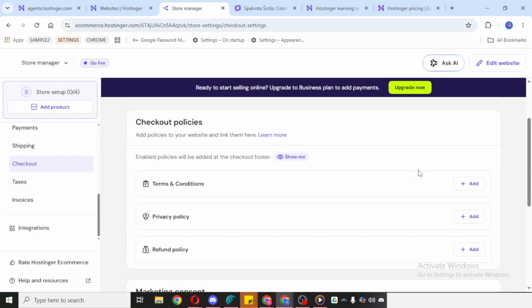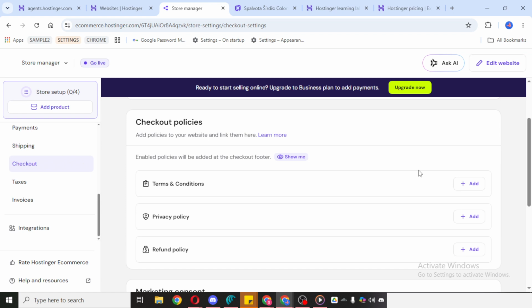As you edit everything, double-check the text for clarity, spelling, and accuracy. It's a good idea to keep your policy language simple, so customers can quickly read and understand it during checkout. If you already have policy wording prepared, you can paste it in and then format it as needed. Once you're done customizing everything, click Save. This is the final step that applies your changes and makes your checkout policy active on your store.